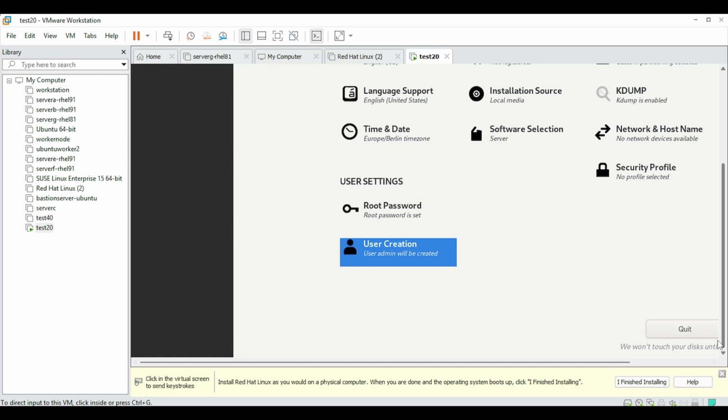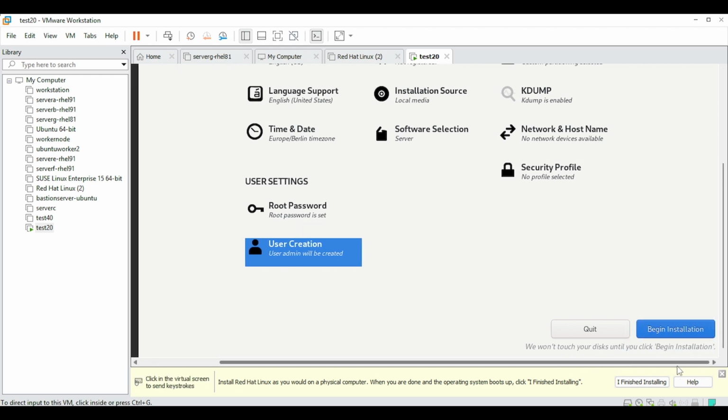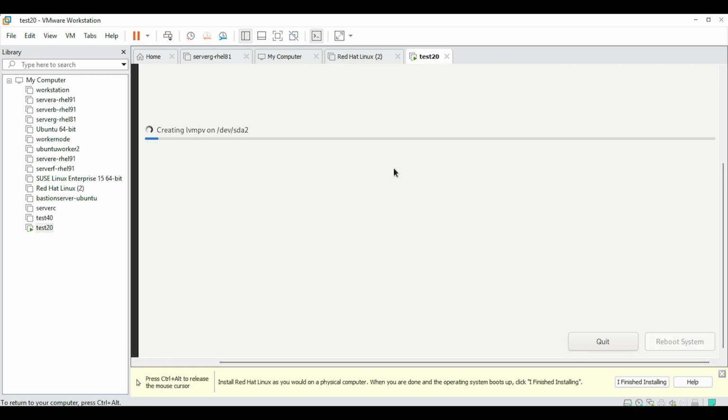Security policy is not needed. Let us begin the install, and please wait at least 2 or 3 minutes. Then we'll see the installation. This will format all the partitions and download the packages, so internet should be available. Then this is the preparation of the transaction for the installation source.